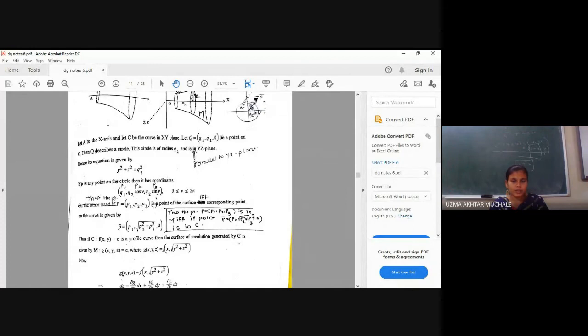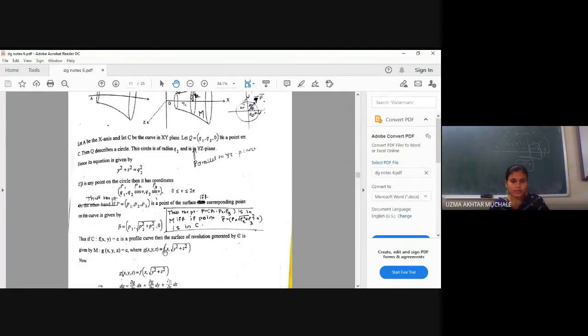That is, we are writing the equation of a circle in terms of r and theta, that is r cos theta, r sin theta. Instead of theta, it is an angle V, and instead of radius r, the radius is q2. The second coordinate we have written with the help of the first two, that is p2 square plus p3 square, that is y and z. So now we have to write down the equation of a surface.